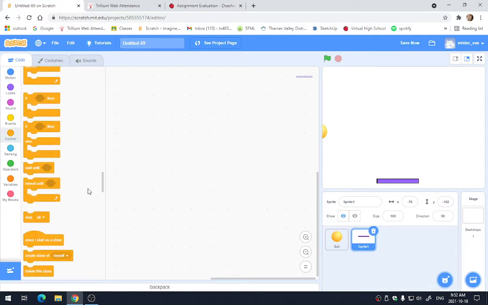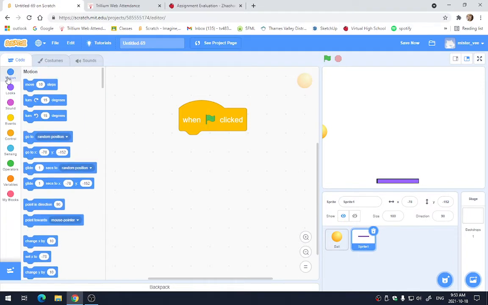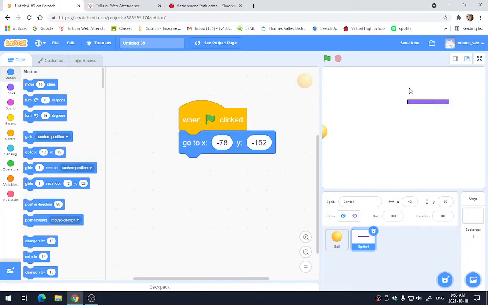The code I'm going to put in there is not much for the paddle right now. I am going to put in a when the green flag is clicked. You could switch between the code of your ball and your paddle now. You have 2 sprites. We haven't really talked about that too much, but I'm going to say go to, and that way my paddle always starts down here when I start my project, which is nice. See that? No matter where I move it. I'm not going to move it with the mouse, actually. I'm going to move it with the keyboard, but